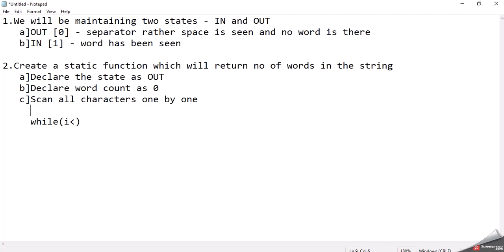So after that, what we have to do, we have to declare int i equals to 0, that we have to do. And while i less than string.length, so what we are going to do in this while loop,